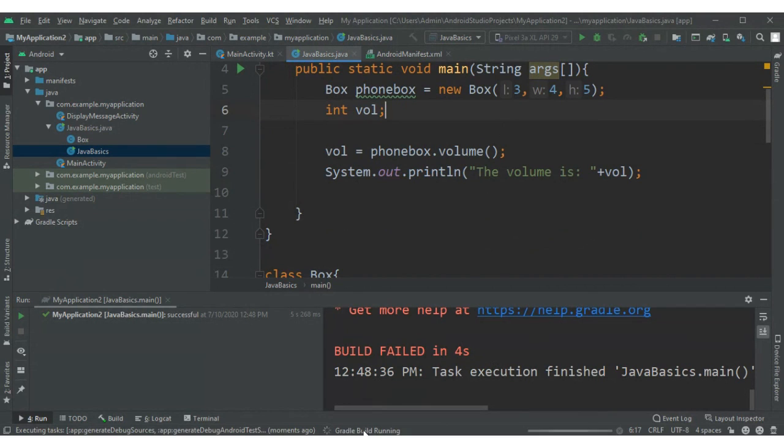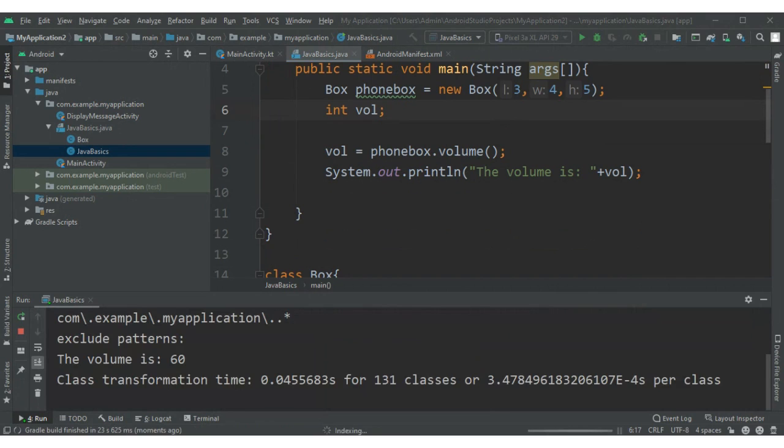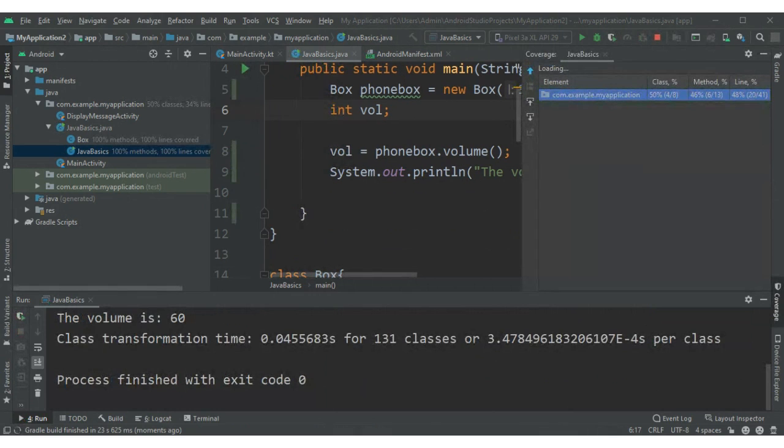Still running. My Gradle build is running. Let's give it a few minutes and see what output it will give us. Okay, and you'll see my code has run, and down there it's indicating the volume is 60. Hope you can see that it's saying the volume is 60, which was computed by